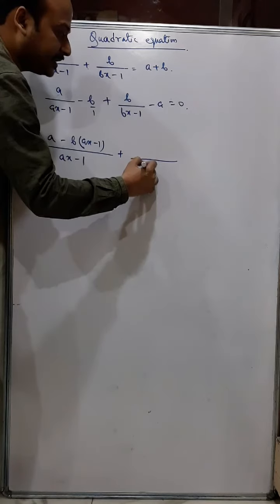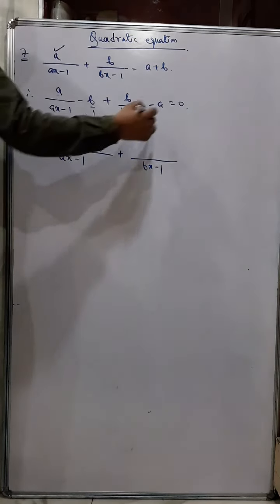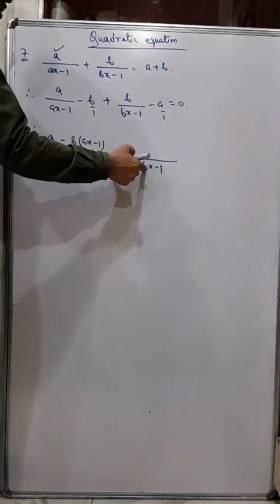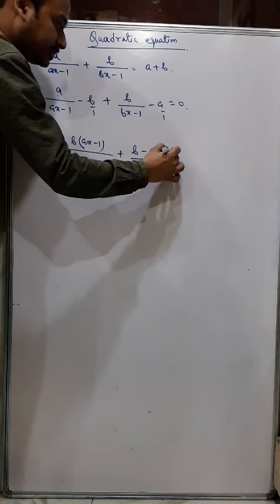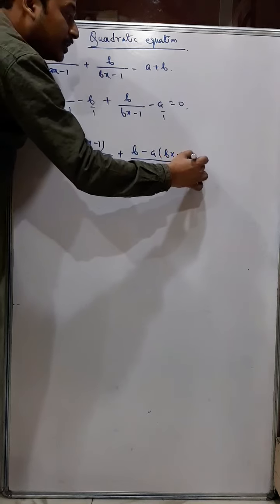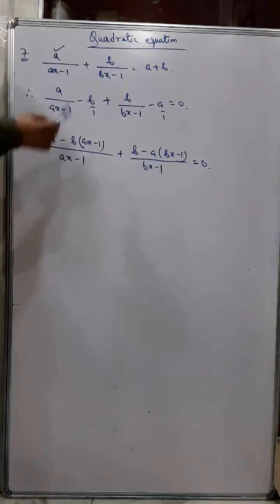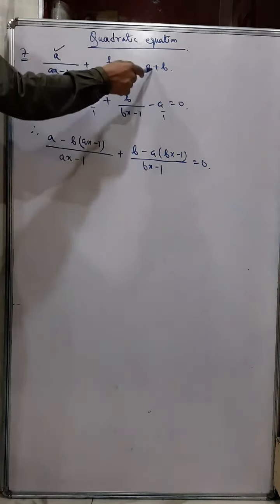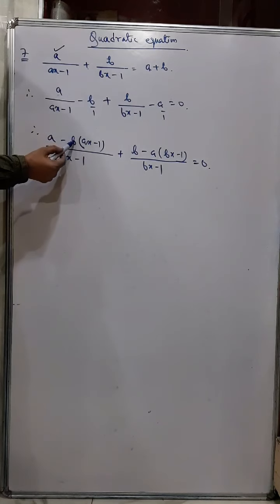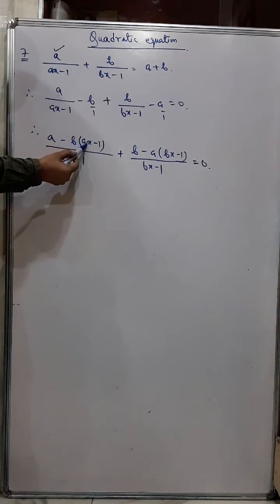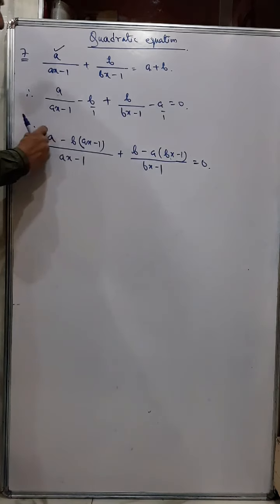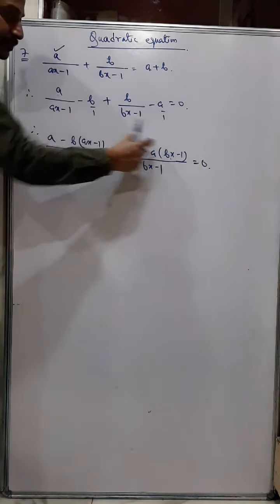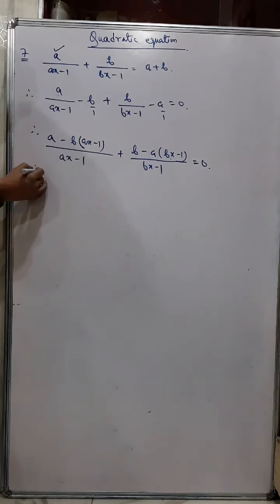And now here also if I take bx minus 1 LCM, and here you have 1, so this is the LCM. What you get here, b minus a into this. Okay, understand? So this is the reason I brought this b with this a and this a with this b. You know why? Now you can see, you will get abx, you will also get abx. So that is the reason you will get a similar numerator in both cases here.